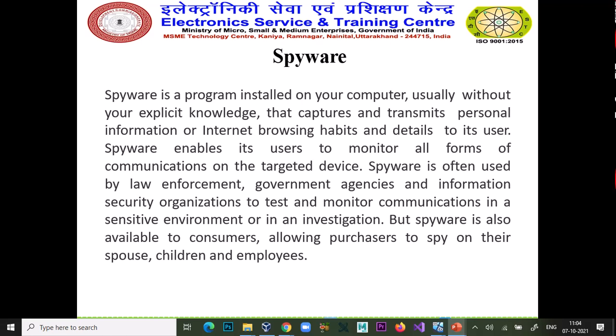So if you want to keep an eye on your children's phones or your employees' phones, you should install a Mobile Tracker APK on their Android phone.